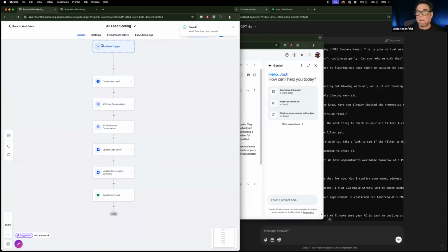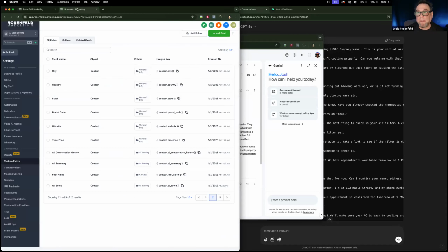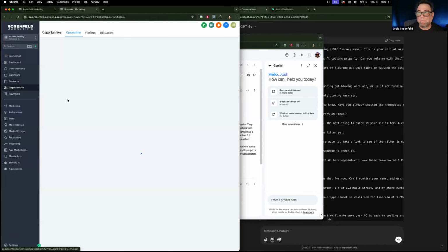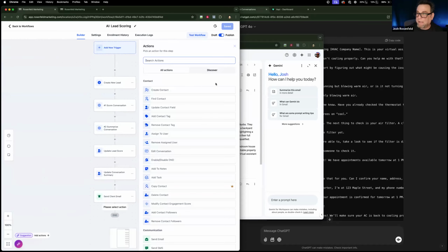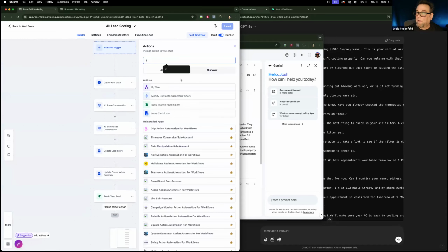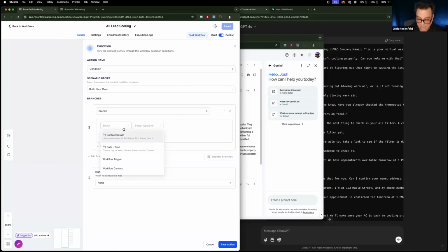So to back up, when the lead comes through here, it's going to create a new opportunity in my opportunity pipeline. That's where we were. Into lead. It's going to go through and score the conversation, summarize the conversation, update the two fields. It's going to send the client an email. Then we were going to do this. If else, if AI, let's see, if build your own, select contact details, custom fields, AI score, okay, is, and then I could say,